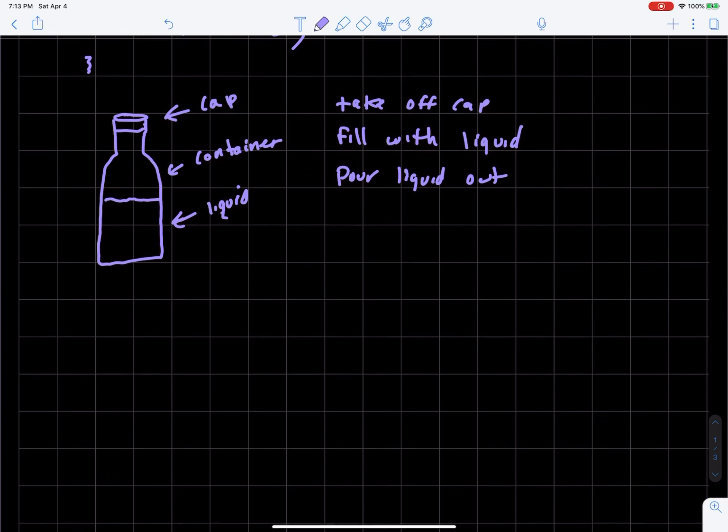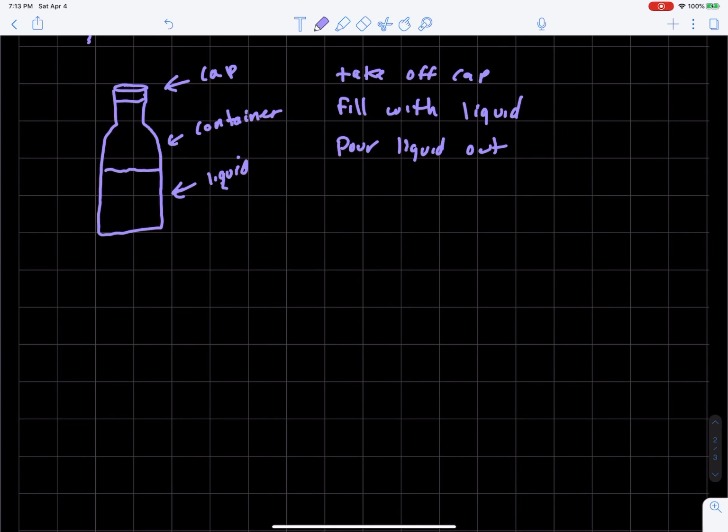And so if we were to translate this into computer science, we would do something like this. We would probably create a class, and we would call it bottle. And then inside that bottle, we will put in our attributes, right? So we have a cap, and if we were going to have a cap as an attribute, maybe we would describe that cap, right? For instance, we have a string cap,